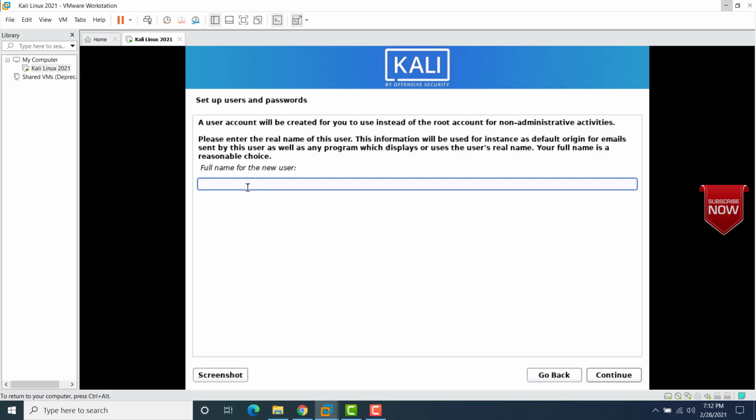Now this is where you have to set up a user, right? So by default, Kali Linux creates a user for you during the installation process, and it does not give you the root access. So once the installation is done, you have to provide the password for the root user. Okay, so that we'll see once the installation is done. So for now, we'll be setting up a user and a password. So enter the username. I would add my name,